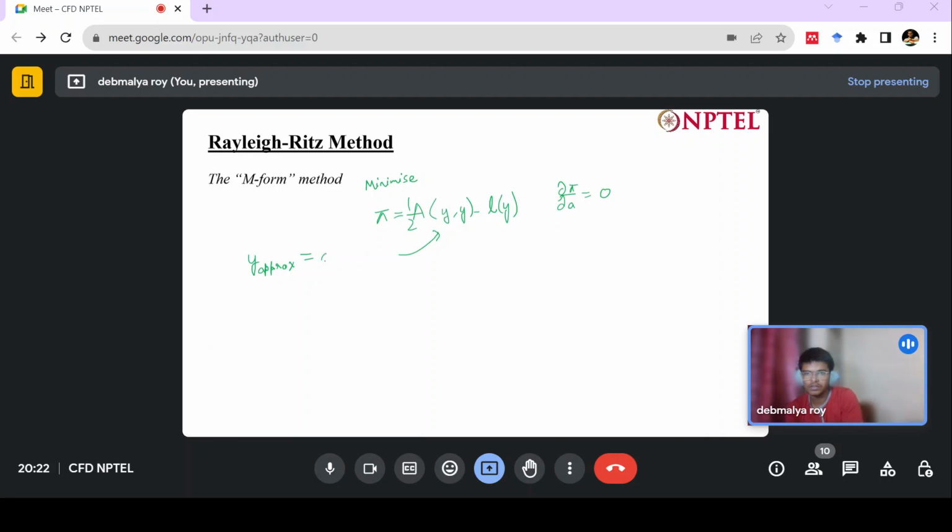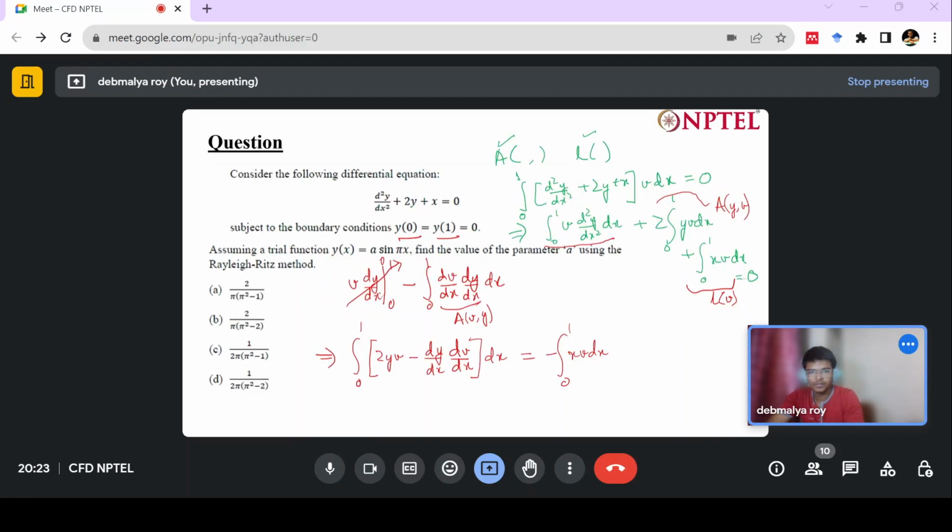I have been given this as my trial solution, the approximate solution, and A I have found out. So I have to evaluate this expression. So let's evaluate this expression. Do the question with a different color. So A I know. So A is basically